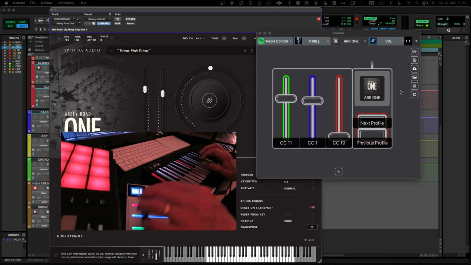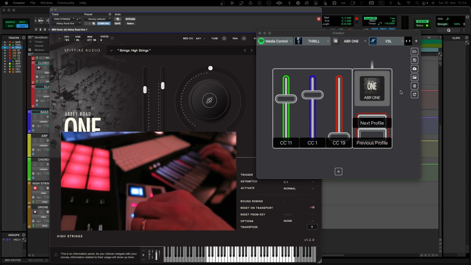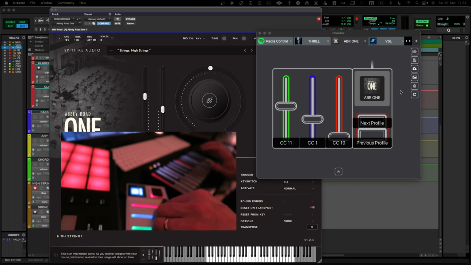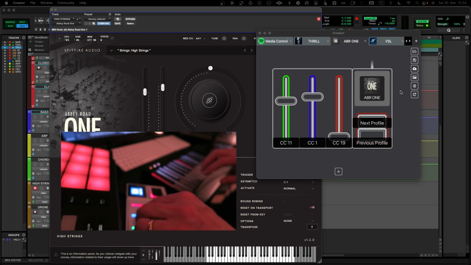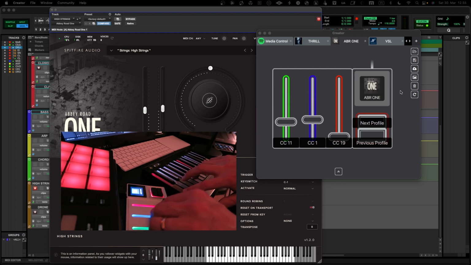So you can have sliders, buttons, rotary controls, and extend your expression, for example, or modulation with this type of controllers. So while you are playing, you can basically address